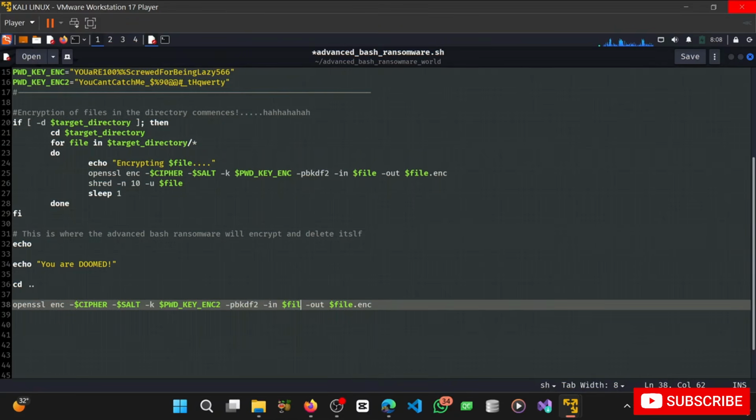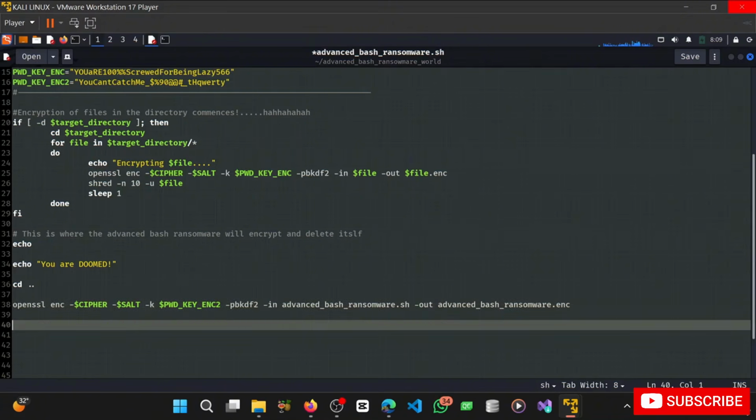Now this will be the name of the ransomware. We have this as advanced bash ransomware .sh. Now we're going to call this advanced bash ransomware. This is going to be the encrypted version of this advanced bash ransomware. All right. Okay, so since we have it this way, what I'm going to do now is to shred it